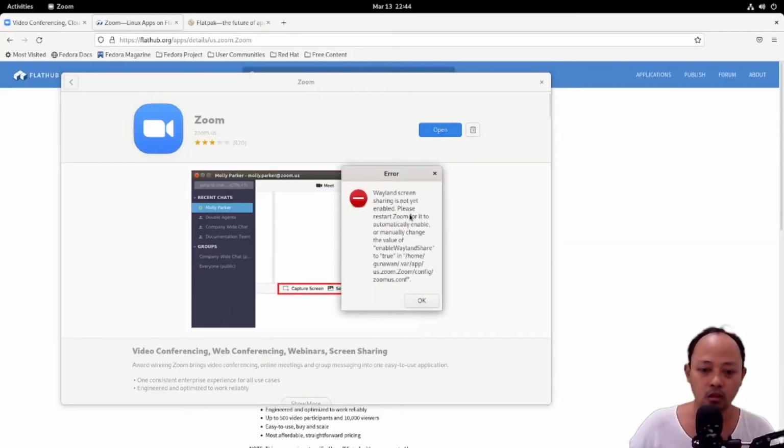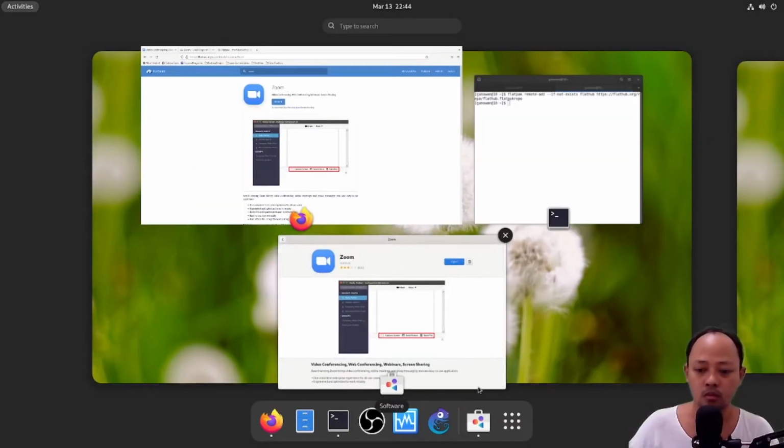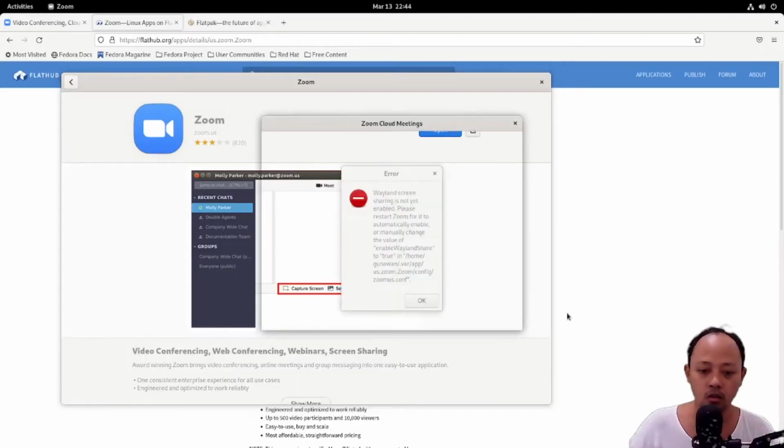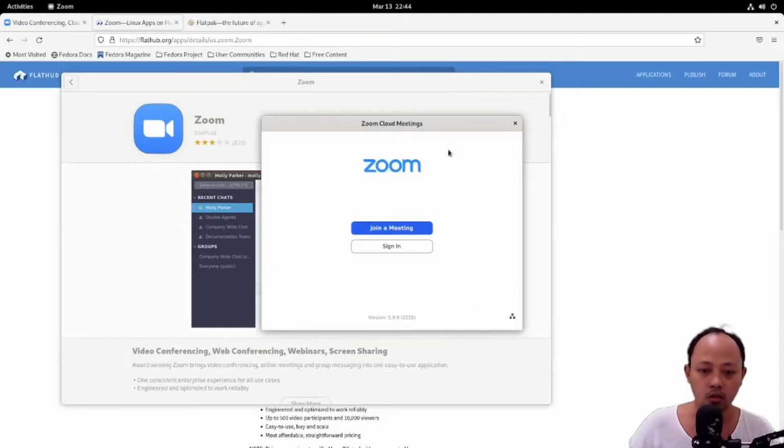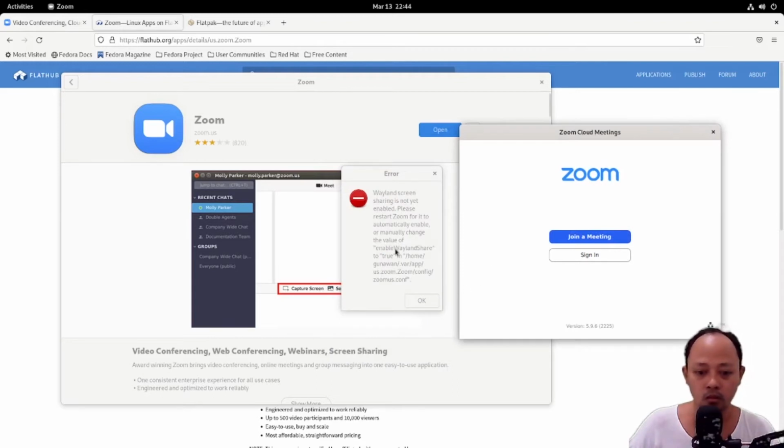Screen sharing is not enabled. Please restart Zoom for it to automatically enable or manually change. Okay. I think we need to restart our... Oh, okay. It's running now. Wait.